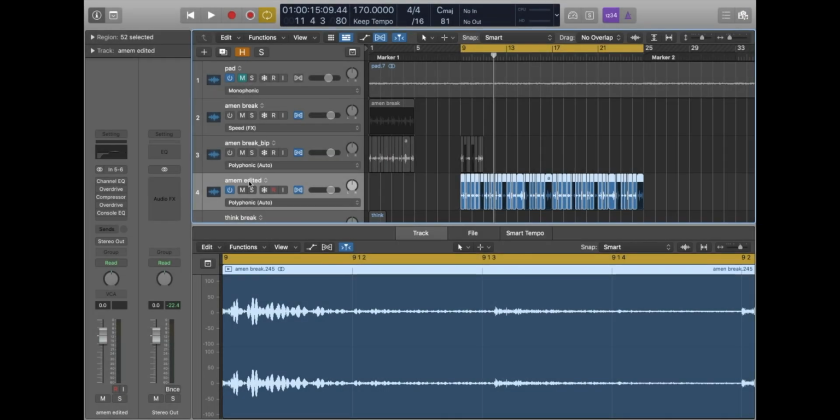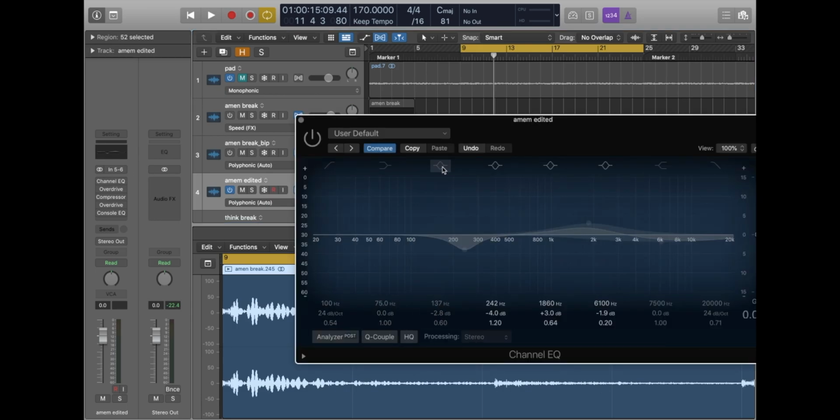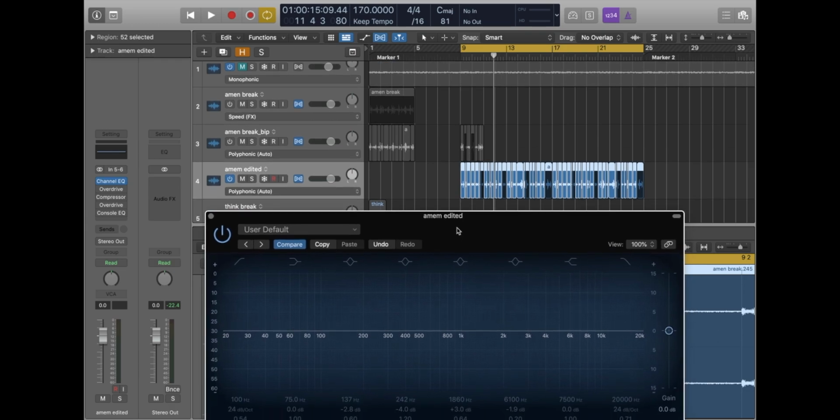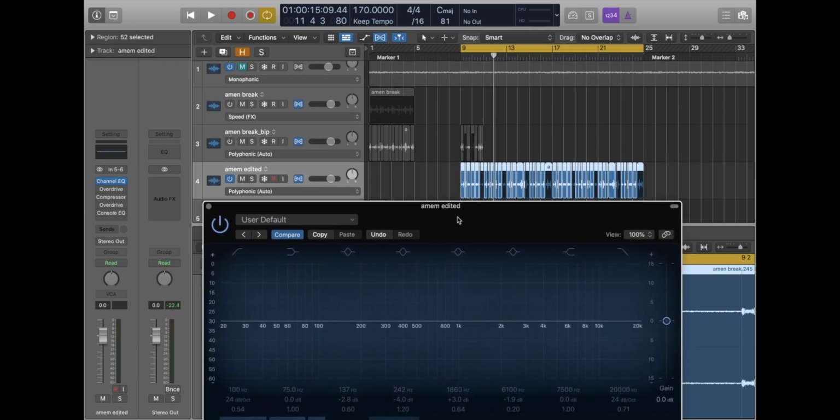So I'm going to start EQing, not listening to the pad, but later we definitely will be checking against it. Starting with an EQ. When I'm looking to change how this break sounds, it's really important to not just fiddle around. I mean, yeah, you can get cool results fiddling around with an EQ, but I think it's really important to listen to what you have and really think about what you want to change about its characteristics. So listening to this,